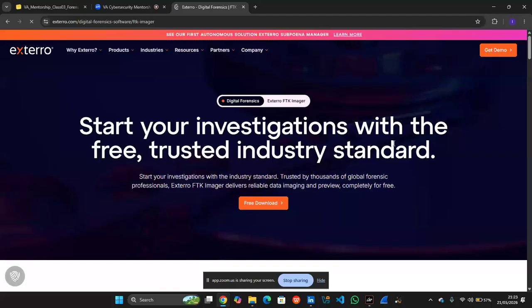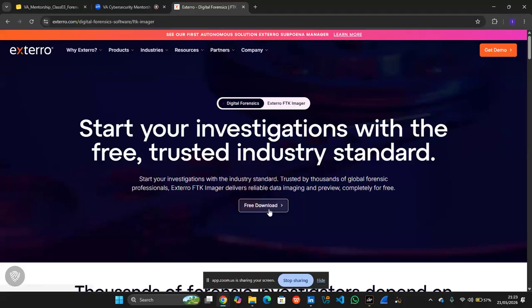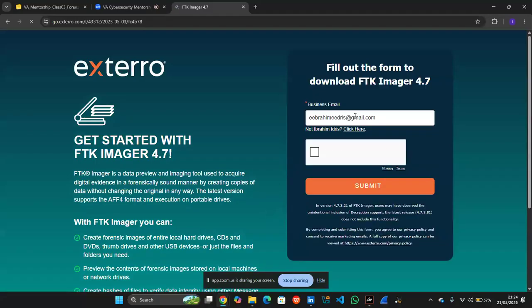After you click on it, you can see a button that says free download. Just click on the free download. Actually, it's very easy. Downloading tools is very easy and straightforward. Right, so let me just quickly walk you through it. So it says free download, so we click on it. Let's see what this does. So email, yeah, that's my email. Yeah, this is my email actually.